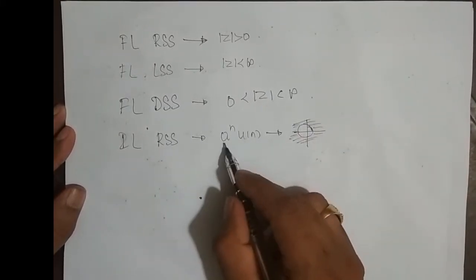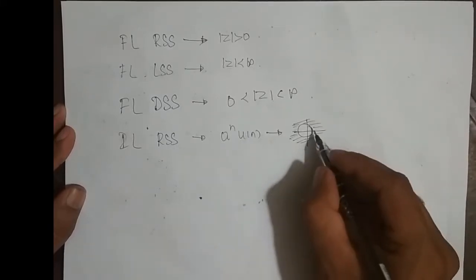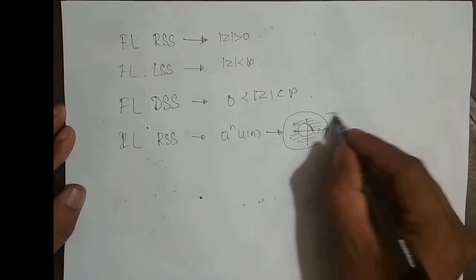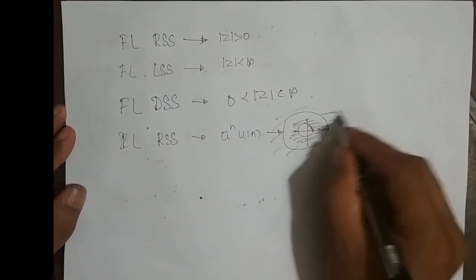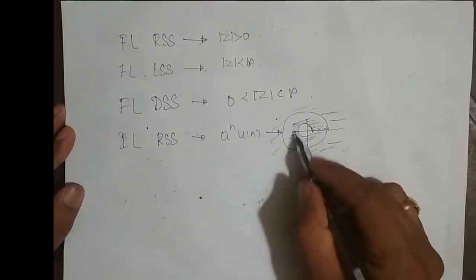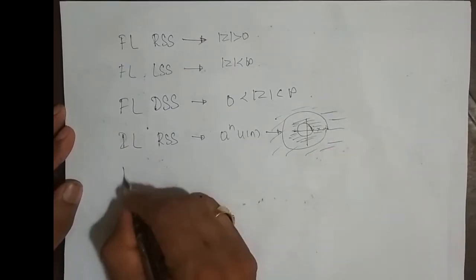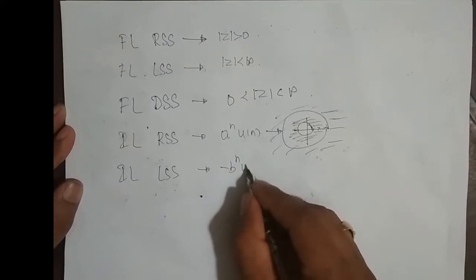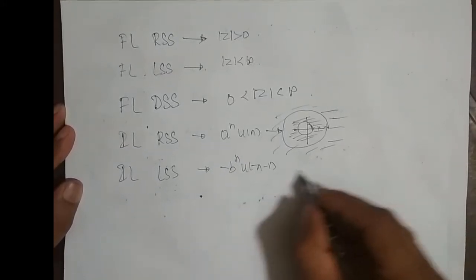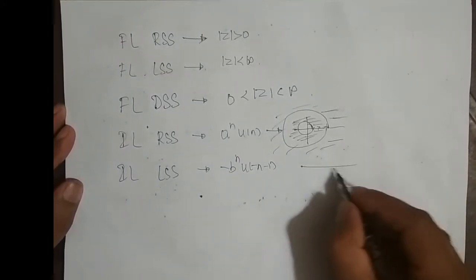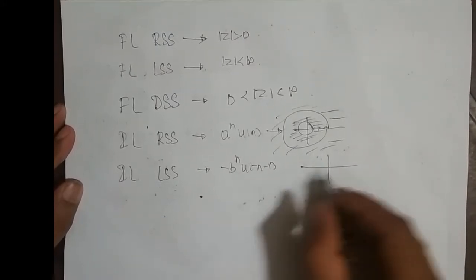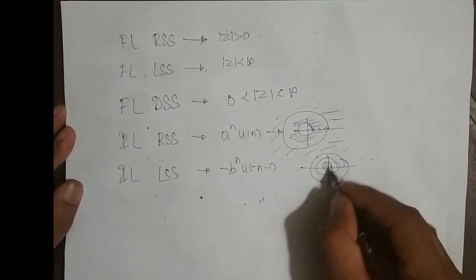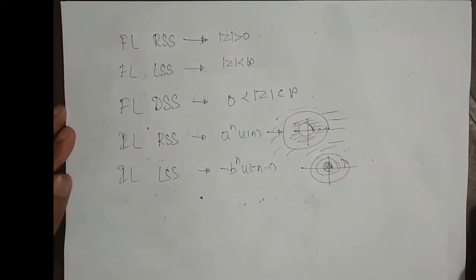right? If I have more than one sequence, then I will be having more than one pole, and the ROC will be outside the outermost pole. It was outside the outermost circle, right? Pole circle corresponds to a pole. And infinite length left-sided sequence of the form minus b power n u of minus n minus 1, the ROC was inside the innermost circle. If I have more than one left-sided sequence, we'll be having more than one circle, so it is inside the innermost circle, right?